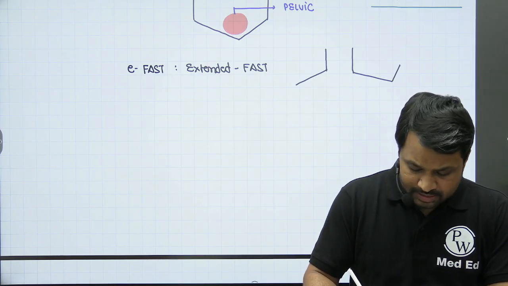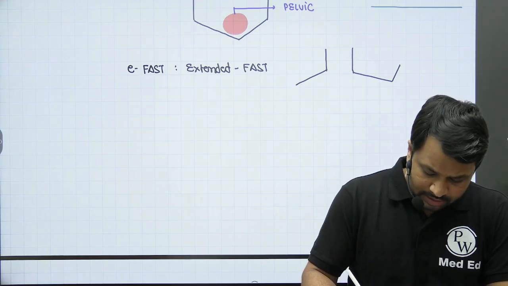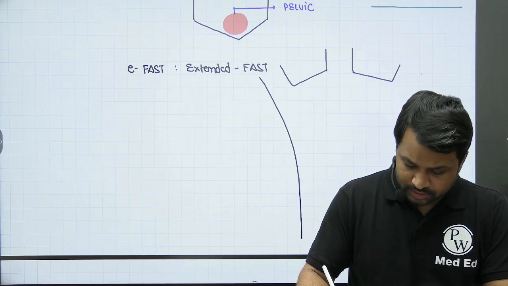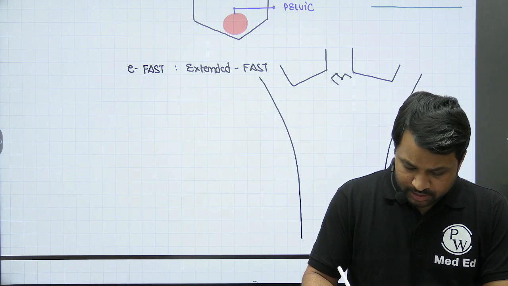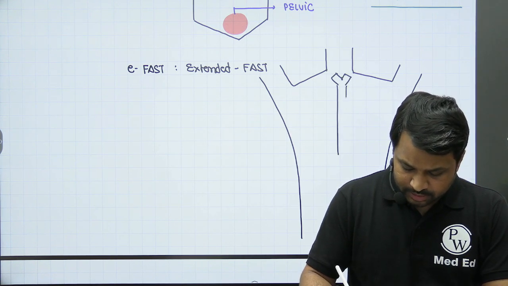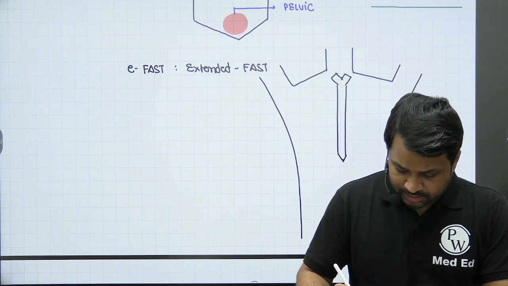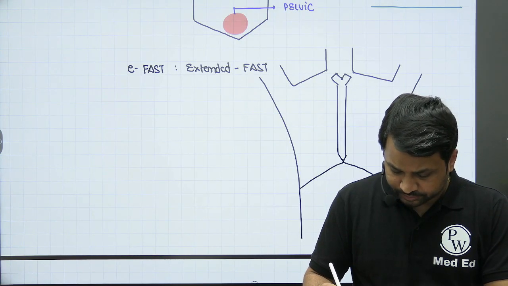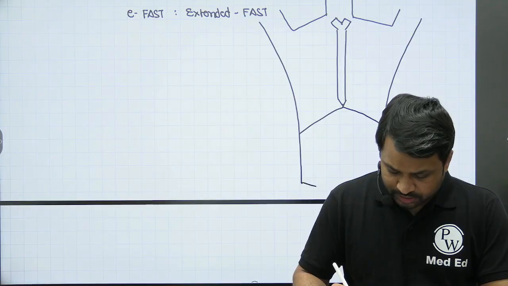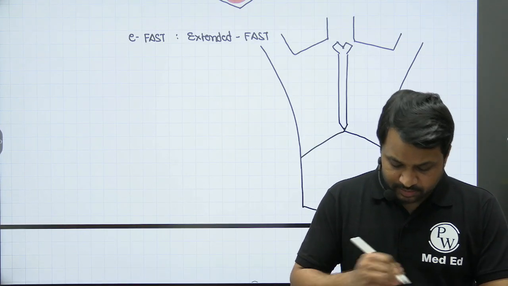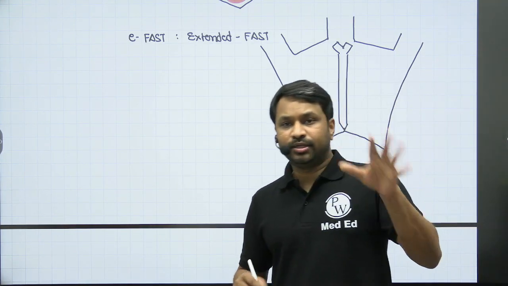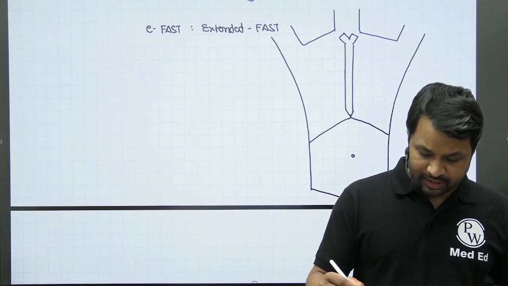So look at this, this is the thoraco-abdominal status. Let's say this is a representation of the patient that we have. Let's say this is the suprasternal notch. This is the sternum. This is the xiphisternum. And let's say this is the diaphragmatic attachment that you have. Just for the sake of understanding, I'm saying this is the pelvis. This is the umbilicus. So we divide the entire area into different categories.